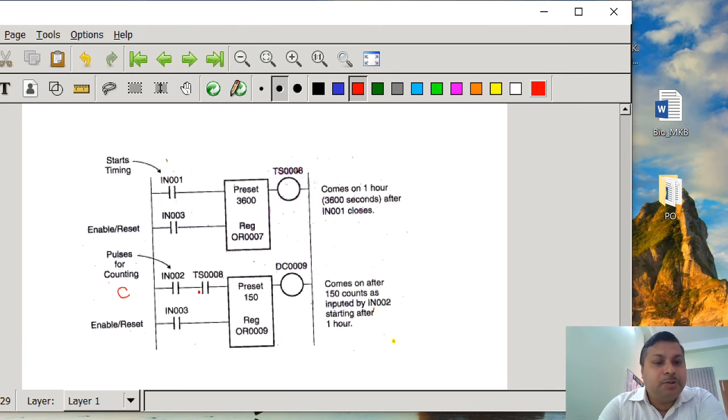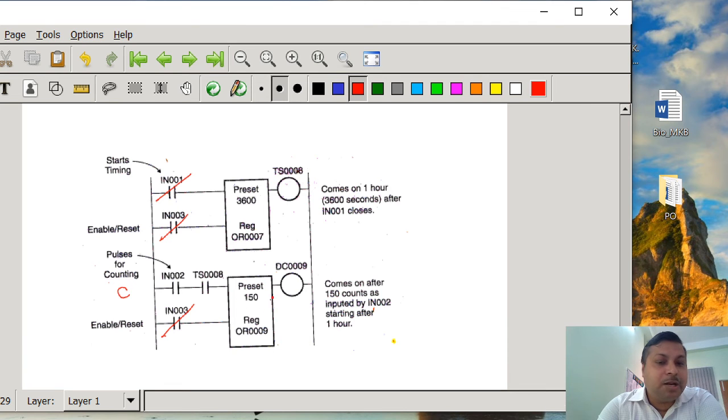If IN001 is closed and IN003 is enabled, so both the timer and counter are enabled simultaneously, then suppose it is going to receive the pulses, IN002 receives the pulses, but